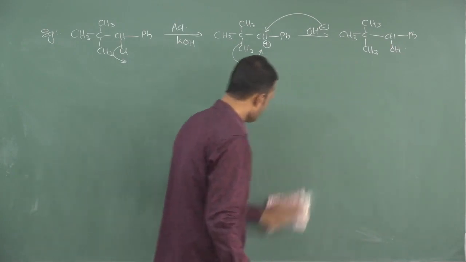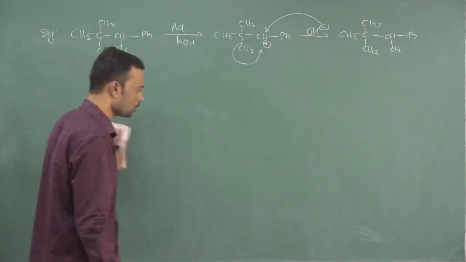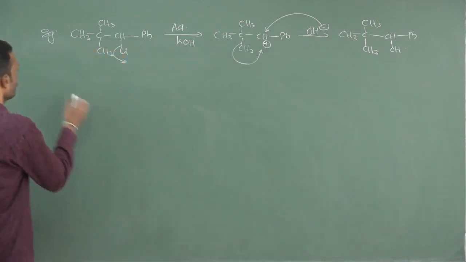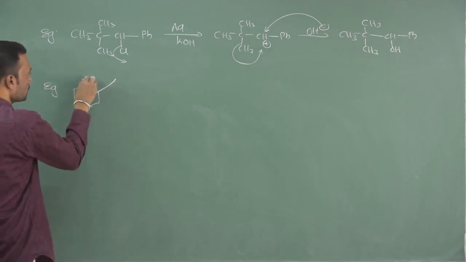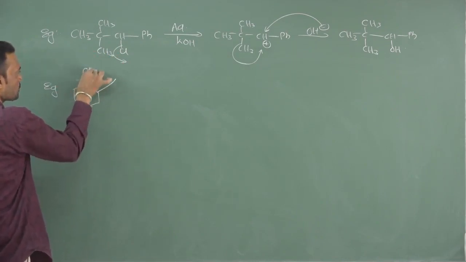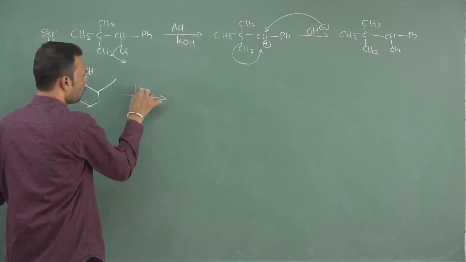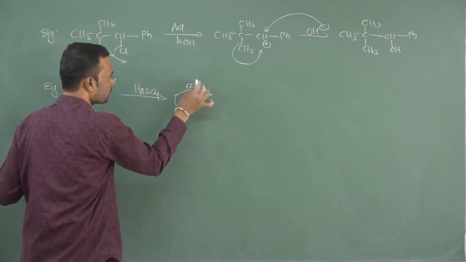Every time, generate a carbocation, see whether rearrangement is possible or not, then go for addition or elimination reaction. Addition or elimination. So you can also proceed like this. See, this is methyl and here a hydroxy group is present. Dehydration of alcohol is an elimination reaction. Now I am using H2SO4. After H2SO4, you will get